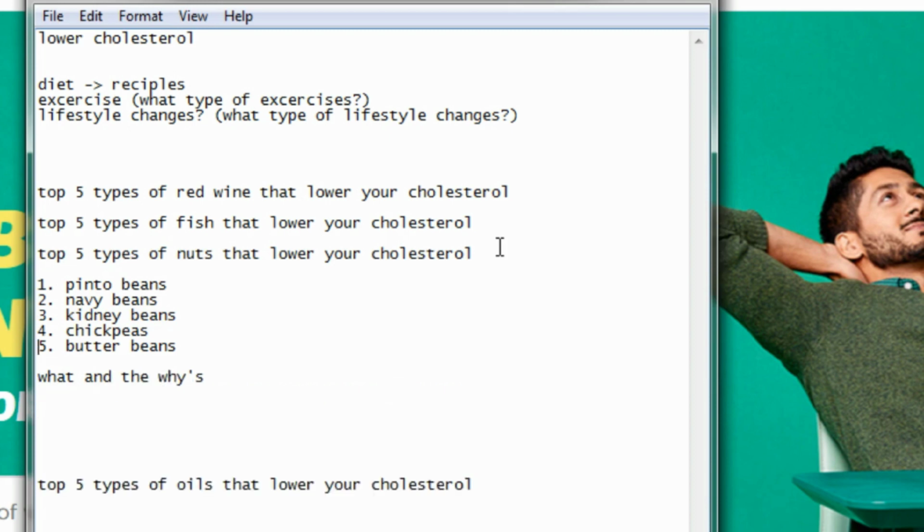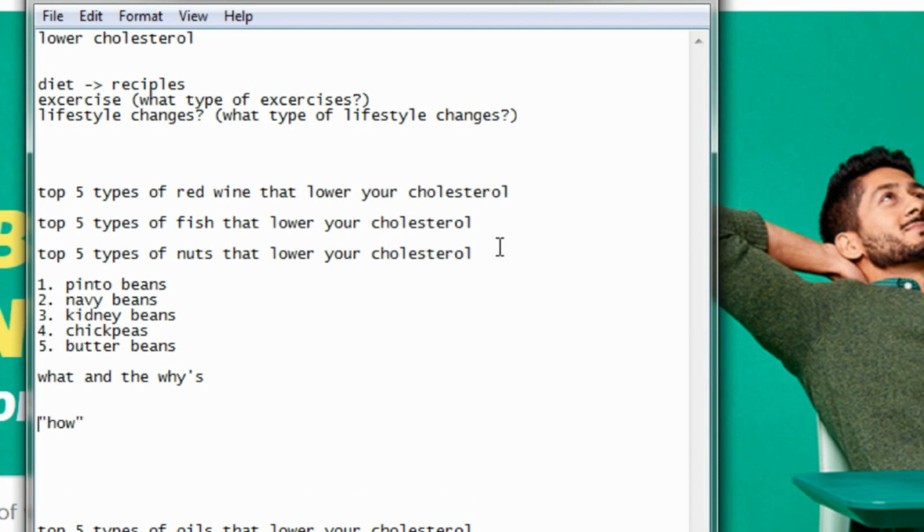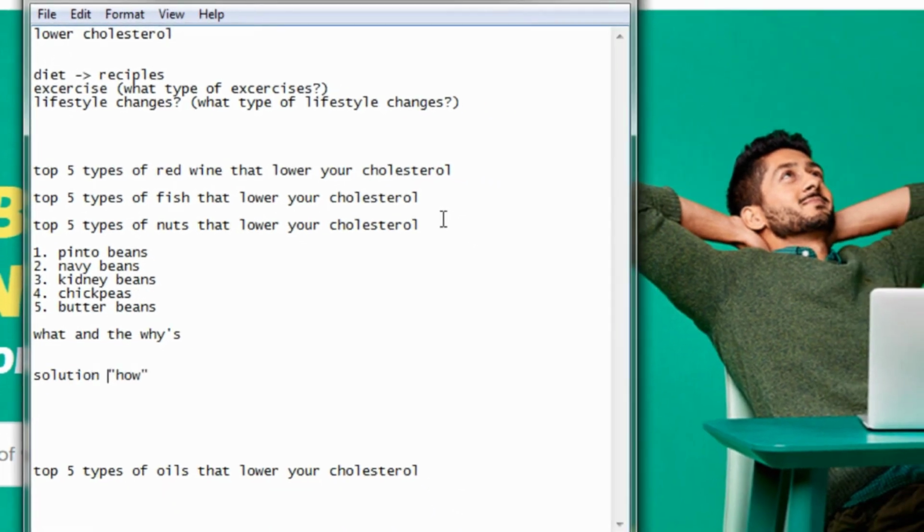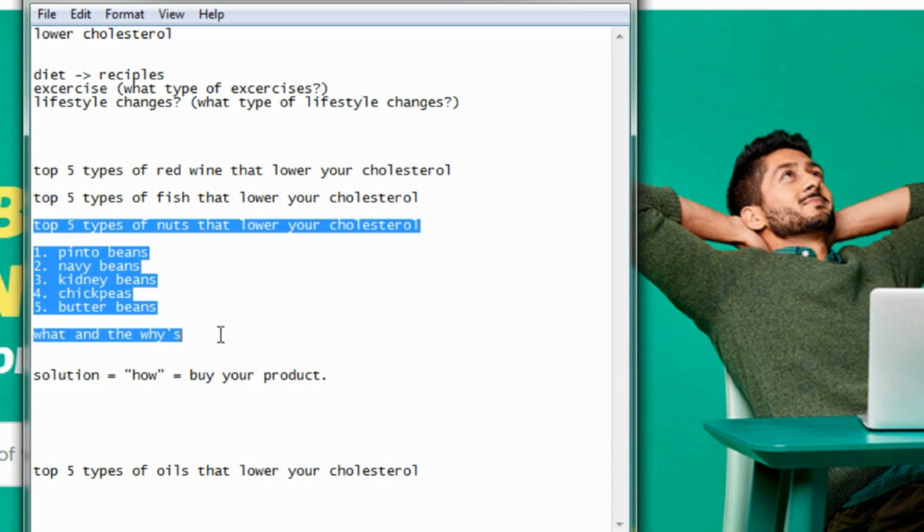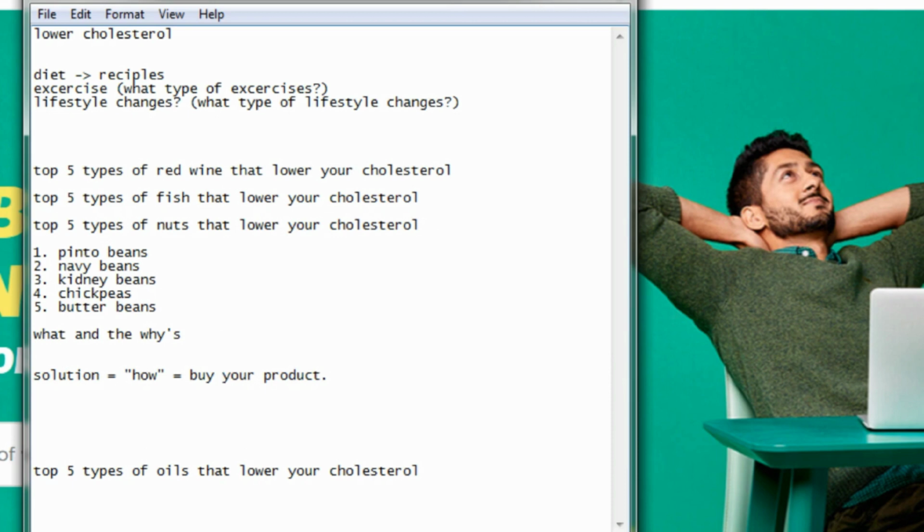So basically, this is how it goes. As far as writing a blog post, to make sure that they convert, you always want to cover the what and the whys. You can cover the whens, that's fine, but you don't really want to cover the how. The how is the solution. The solution is what you are trying to get somebody to buy, your product, is the how. So you get people interested in lowering their cholesterol. They learn about the whats and whys, and now they need to learn how to do that. All right. So that's how to create a high converting blog post at a very, very fast pace.